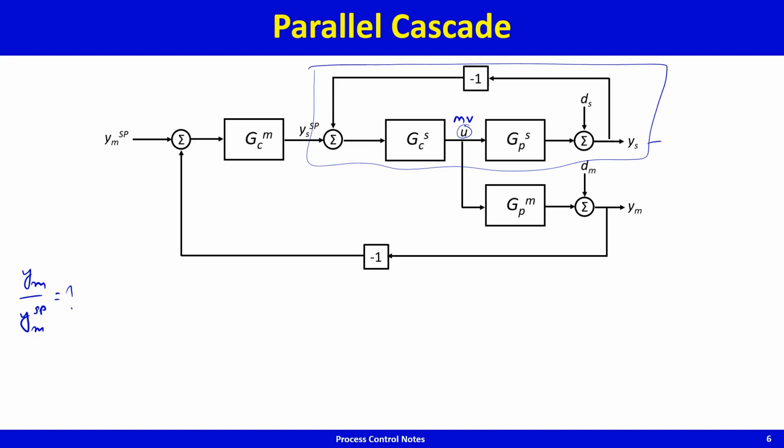So that guy will resolve to, so u by ys set point is going to be GCS divided by 1 plus GCS GPS. That being the case, the next stage is